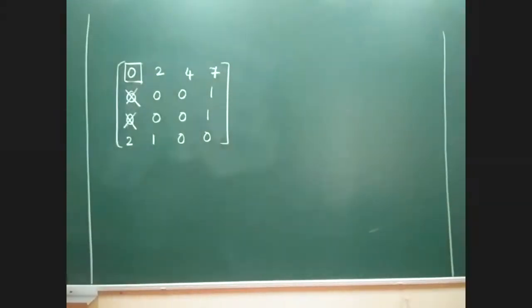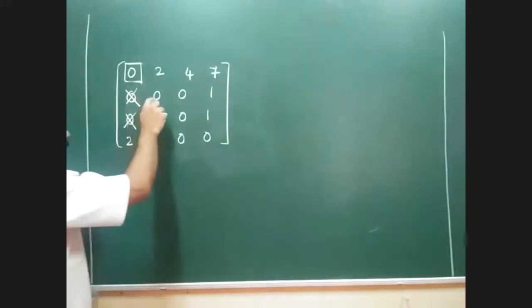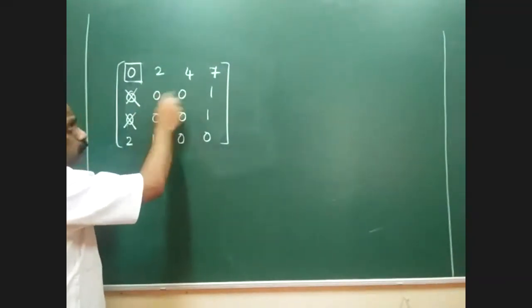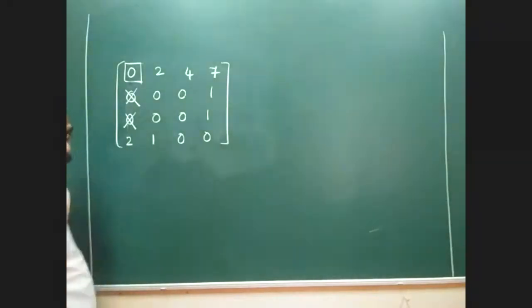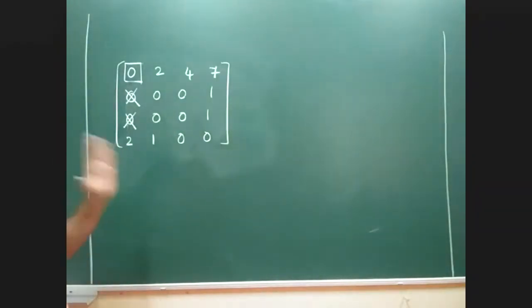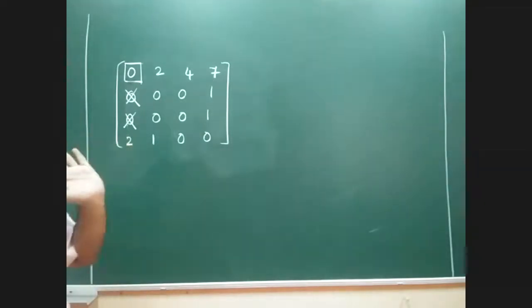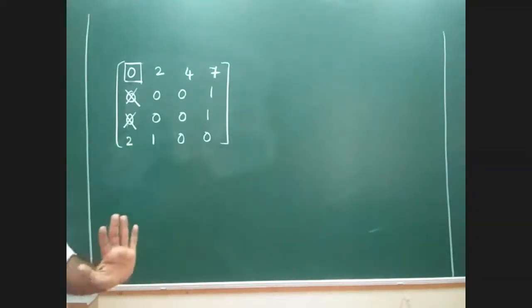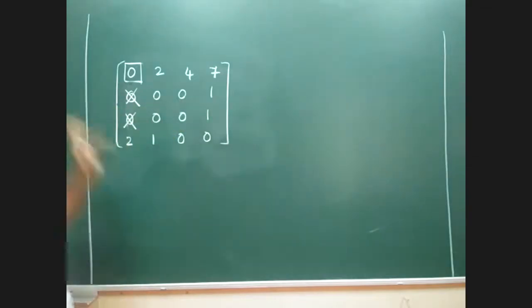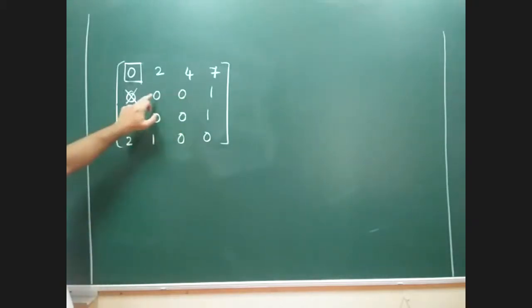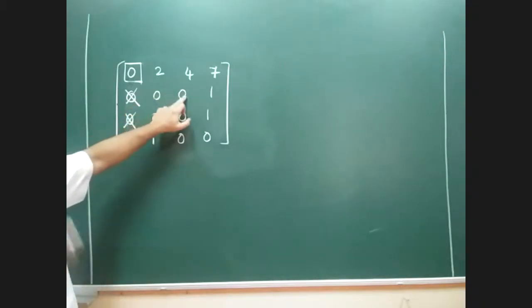Here one question is there. Should I do the allocation for this zero or should I do the allocation for this zero? I should select between these two. This is the question, because the basic assignment rule says that every row and every column should have an assignment. So as far as the second row is concerned, there are two possibilities. Either I can assign to this zero or I can assign to this zero. Now I should decide whether allocating to this zero is correct or this zero is correct.